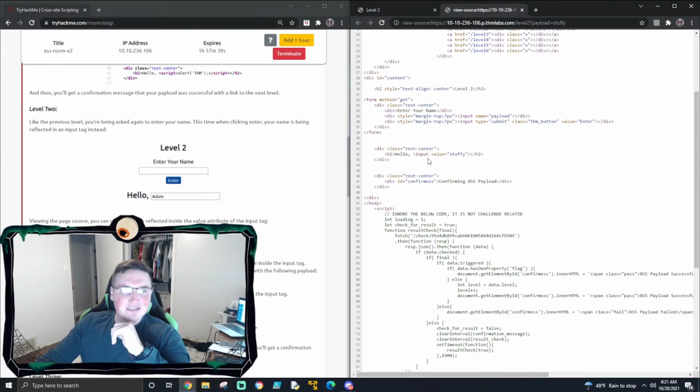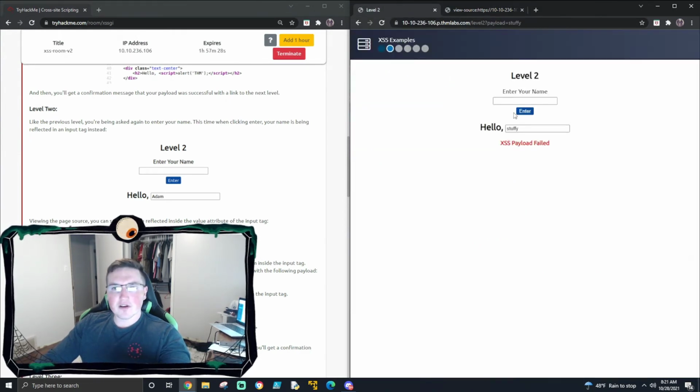So what that means is it's storing the input value and then calling upon it, right? So we need to basically get out of that input field. We need to break out. So how do we do that? Well, what we're going to do is insert the same script, but if we run that, it's not going to work, because it will just store that as the input variable and it won't actually do anything, because it'll just think that's the name, right? So what we're going to do is